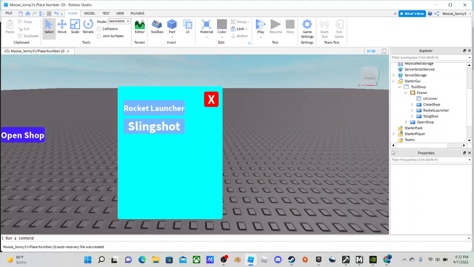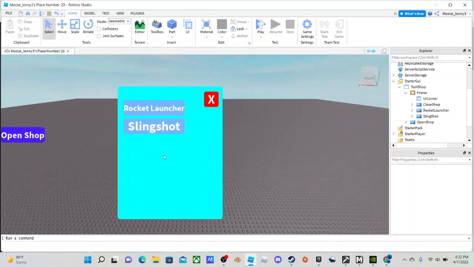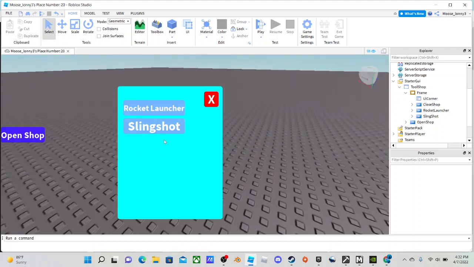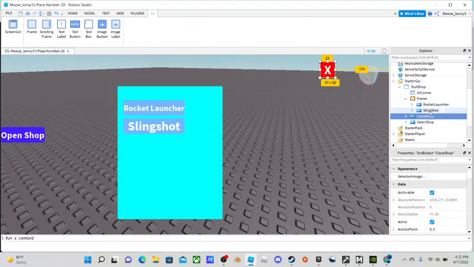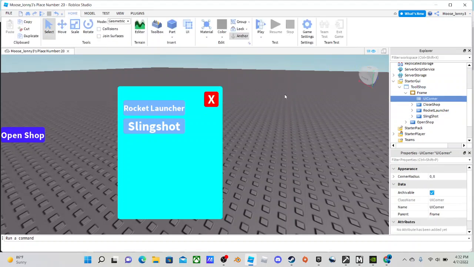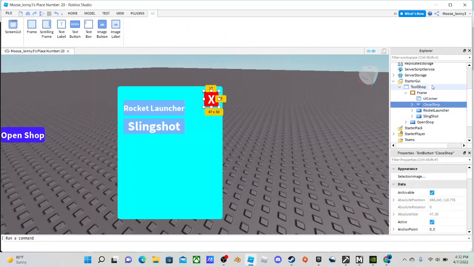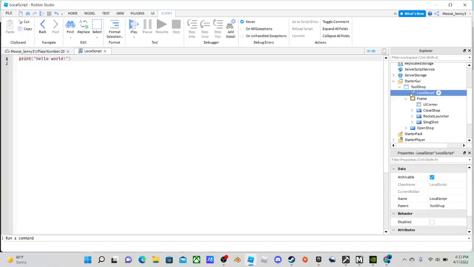Now this is good and all, but you gotta manage your space a lot, and so you can't have too many buttons or else people can't just scroll down and see more buttons. So how people do this is basically, oh, actually, I'm gonna undo. So basically, what you're gonna want to do is you're gonna go to here, put in a local script, and just say